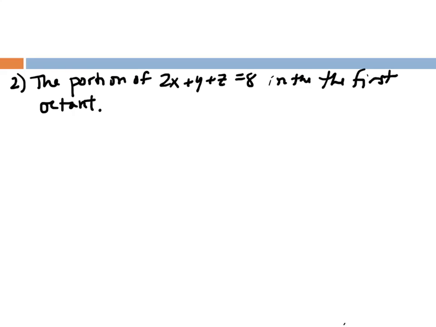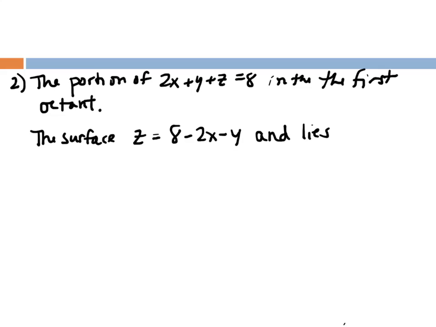Okay, so to start with, the surface, if you solve it for z, would actually be z equals 8 minus 2x minus y. And it lies above, because we're in the first octant, a triangle